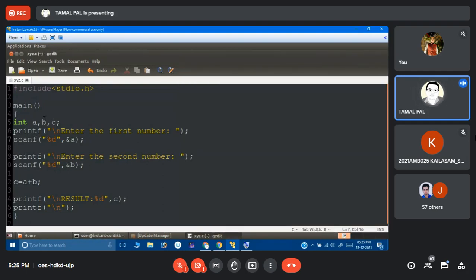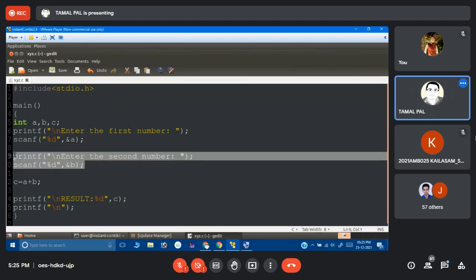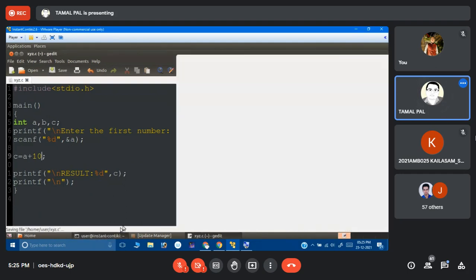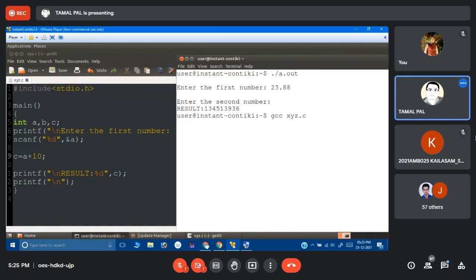So let us make it a single number. Two numbers will not work here in this scenario. Plus 10. 34.66 is reduced to 34 plus 10.